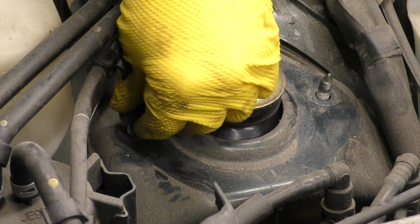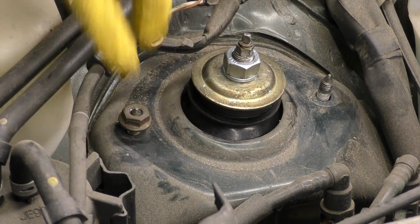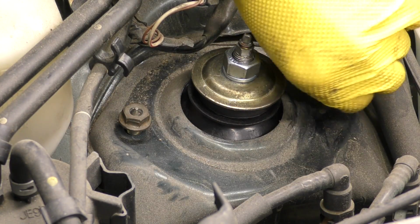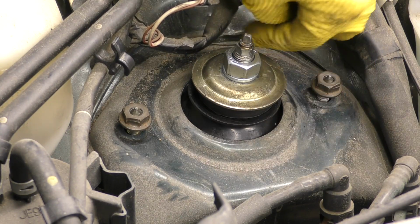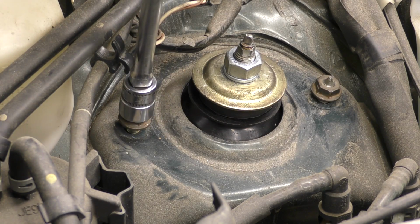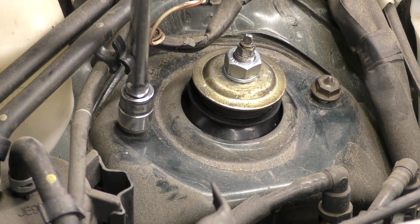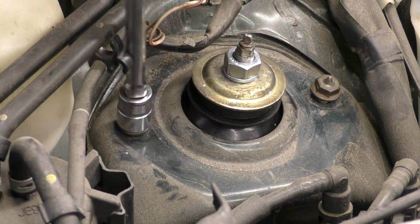Now in some cars, the holes for these studs or bolts are slotted, and this is used for your camber adjustment. If that's the case, it may not be a bad idea to mark your bolts or really pay attention to the witness marks that are always left behind. That way you can try and get them back where they came from. You might not get it exact, but you'll get it close, and close is good enough to get the car